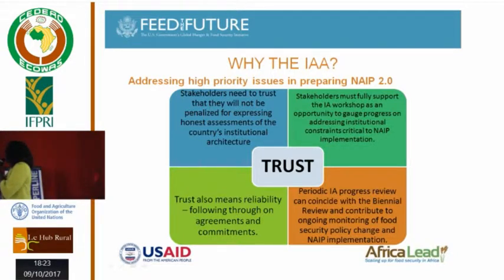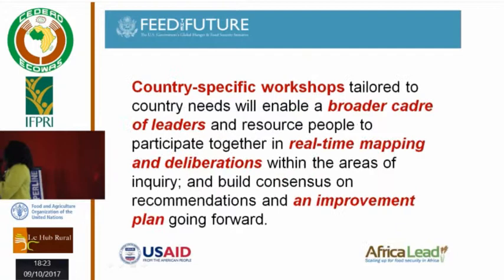So it's important that the stakeholders involved understand that they will not be penalized for expressing honest assessments of the country's institutional architecture. It's very, very important for an effective NIDE implementation. And lastly, these workshops are going to be country specific, so we really need to work together and ensure that we have the right participants. And then at the end of the day, we're able to put together an accurate mapping of the institutional architecture and develop an improvement